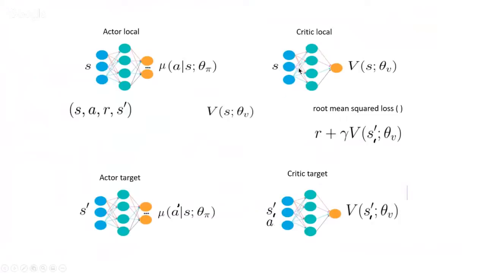So there will be two inputs here. There should be an A here, and this should be Q. Sorry about this. So this is the action value given state S and action A. And then you train this in order to reduce the loss between this and the TD target. Once you have trained this,